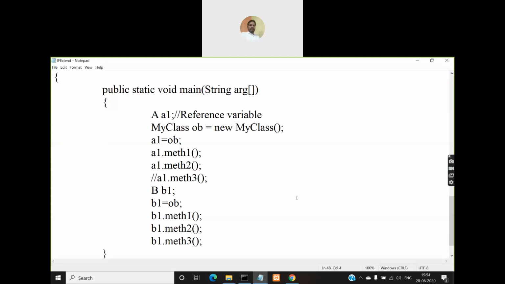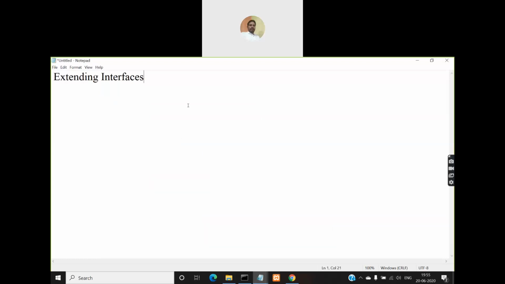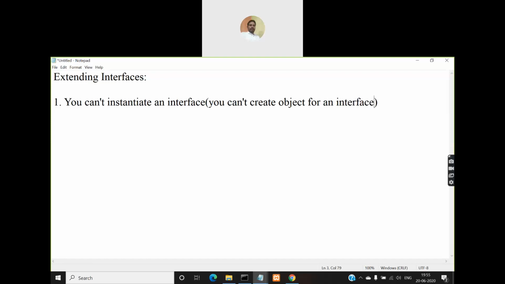So the points you need to remember from today's program are that you cannot create an object for an interface, right?